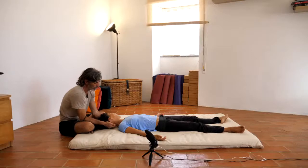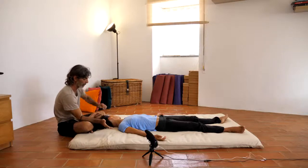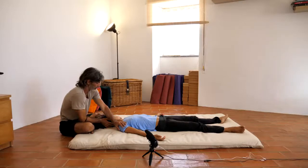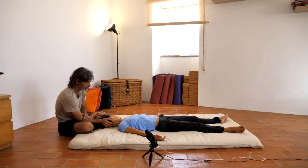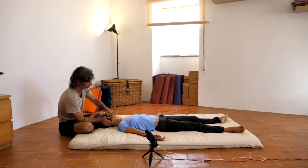Let's do a stretch of the neck. Head rests on the floor. And with this hand, we're just going to push the head very gently towards her left shoulder. And look, if I pull the shoulder down, look at the shoulder. I don't know if you see in the camera, I pull the head, and at a certain point I see this moving towards my finger. So now I know that she has reached the full limit of the elasticity of the flesh from this side